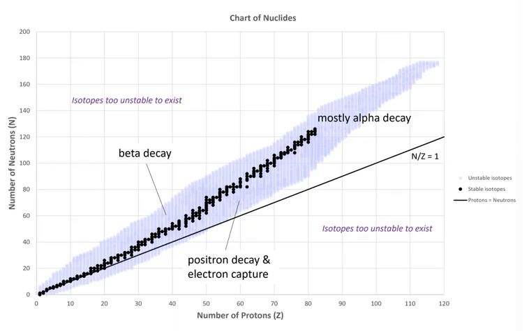Now, where an isotope happens to fall on this chart of N versus Z can help us predict the type of nuclear decay that isotope will undergo. So if the isotope has an N to Z that's too high relative to what should be stable, then that particular nuclide will tend to undergo beta decay, as opposed to an N to Z ratio that is too low compared to what is stable. Those isotopes will undergo either positron decay or electron capture, and sometimes both.